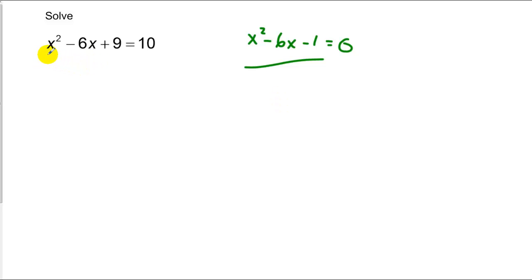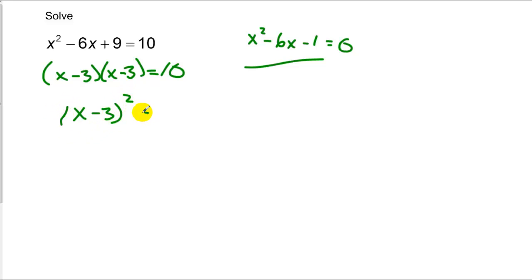But I noticed that x squared minus 6x plus 9 factors. What multiplies to positive 9 and adds to negative 6 is x minus 3 and x minus 3. And that's equal to 10. This is x minus 3 squared equaling 10. Now notice here, I have a situation where I have a squared term isolated and a constant term. So now I could actually square root both sides